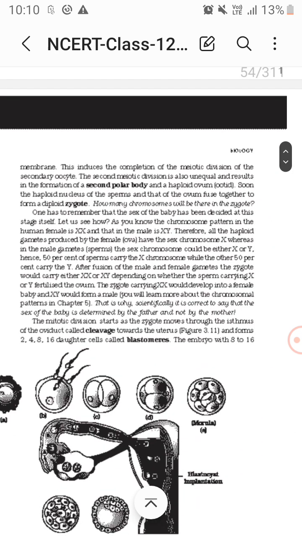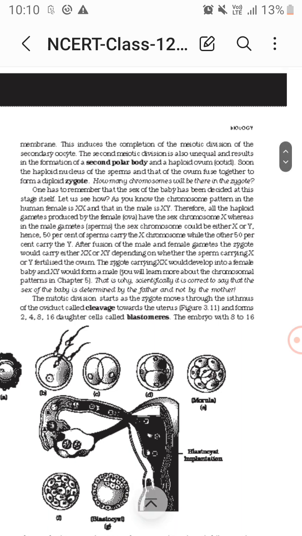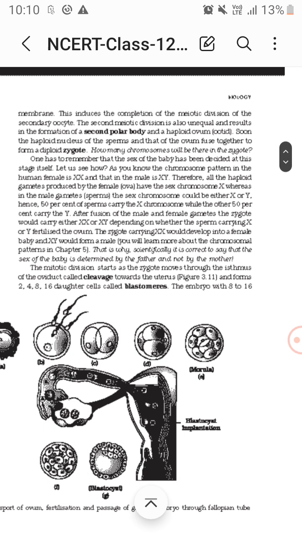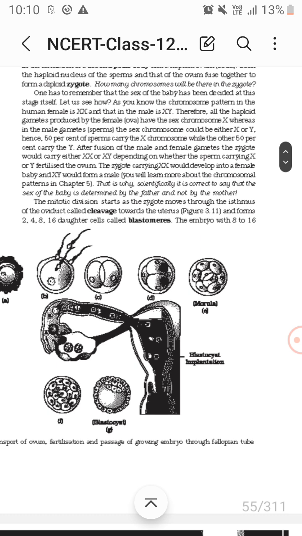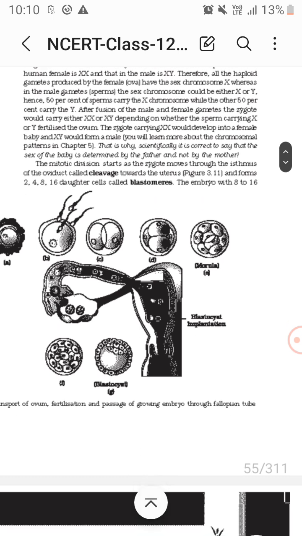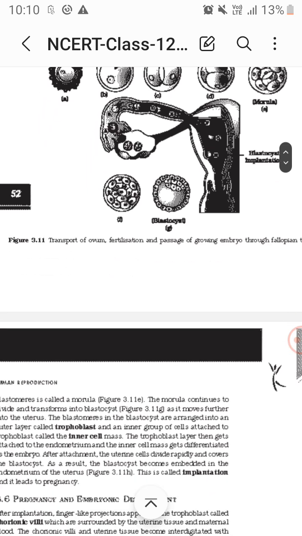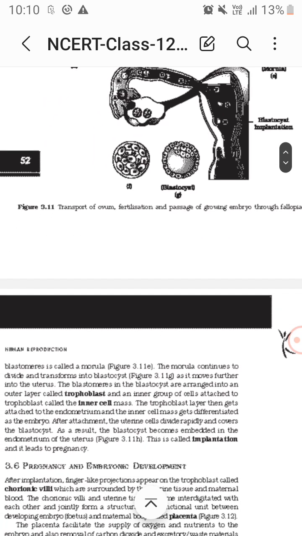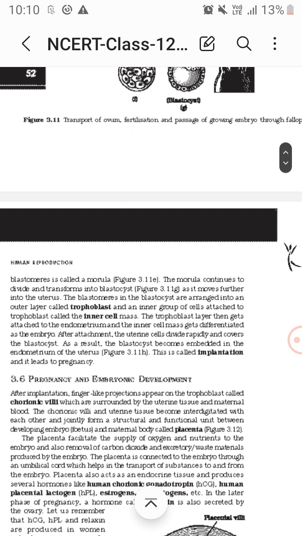Okay, cleavage starts when the zygote moves through the fallopian tube. Cleavage is mitotic divisions, giving blastomeres 2, 4, 8, 16. An embryo with 8 to 16 blastomeres is a morula. After the morula it forms